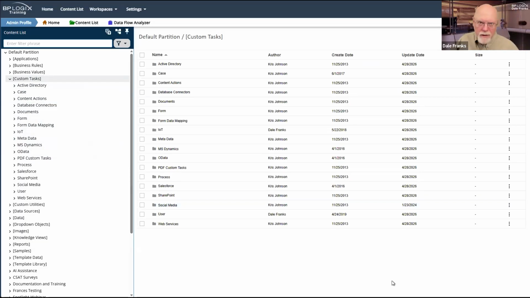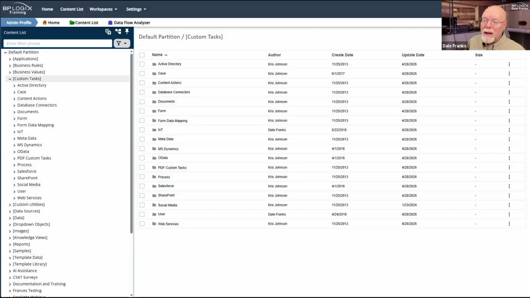There are times whenever we make changes to the product that fundamentally affect how the custom tasks work, and we have to issue a new version of the custom tasks that are valid for that product version and above. I think we've only had to do that twice in the past 12 years that I can remember, but it does occasionally happen.